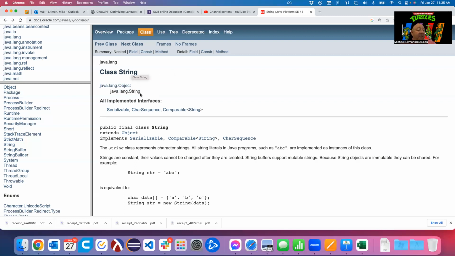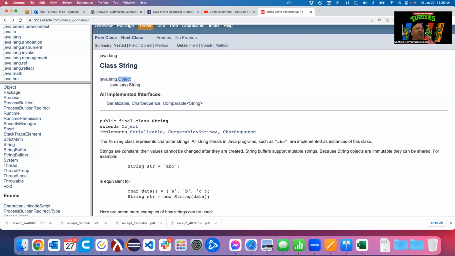All right, so a class is almost a generic object. It just has a couple of other things built into it that make it a string instead of a generic object. Just like in our program that we're designing here, a player has a couple of things that make it a player instead of just an inhabitant. And an inhabitant has just a couple of things that make it an inhabitant instead of a generic object. So we have object, from that comes inhabitant, and from that come our player and our monster.